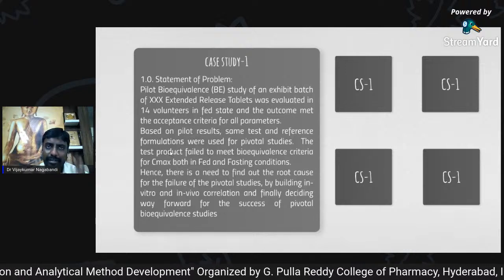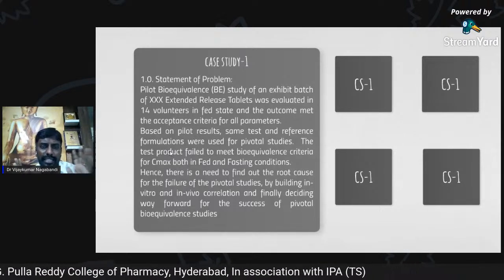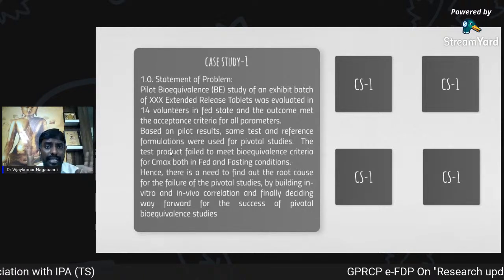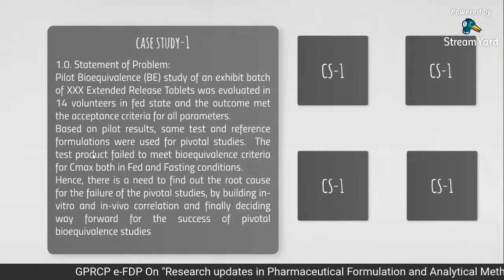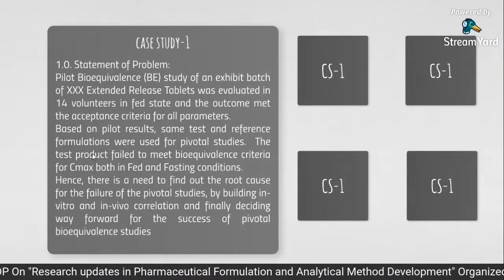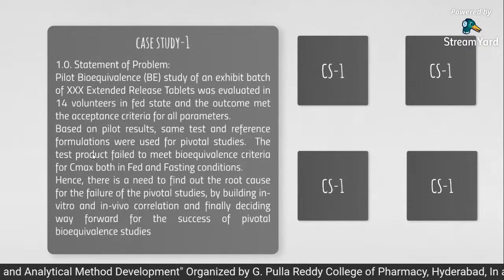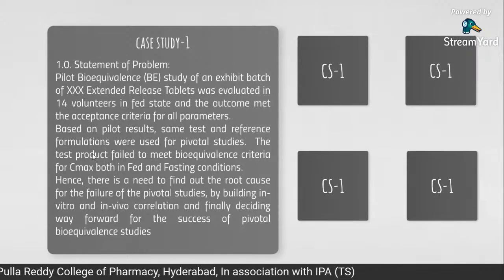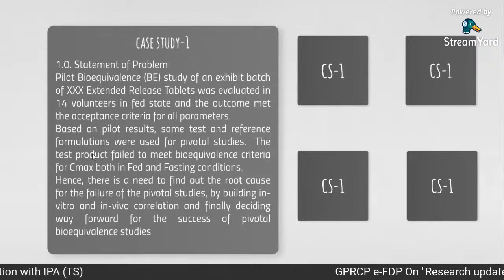Three exhibit batches are required with final commercial scale size. At least a minimum of 1 lakh batch size is expected by the FDA. For the 3 batches, bioequivalence testing is not required. Only 1 batch can be tested for bioequivalence against the innovator formulation. If with this 1 batch we prove our formulation is equivalent to the innovator, then the remaining 2 batches are also accepted. Subsequently, all commercial batches can be released into the market without conducting bioequivalence testing. So this is the procedure actually.